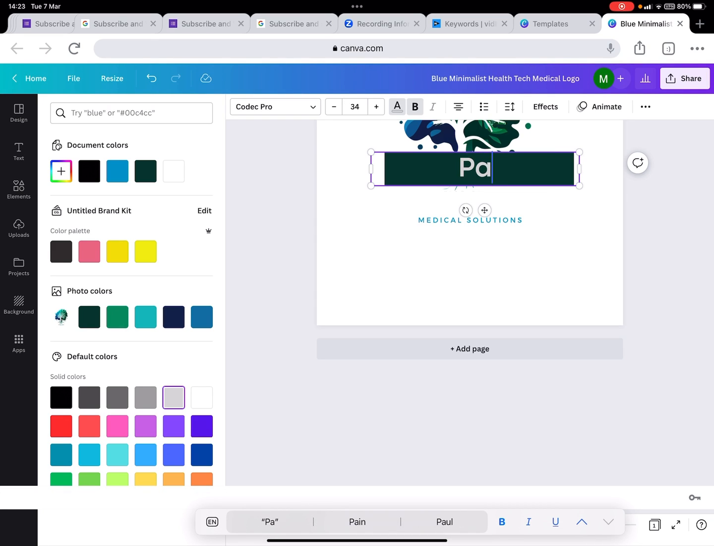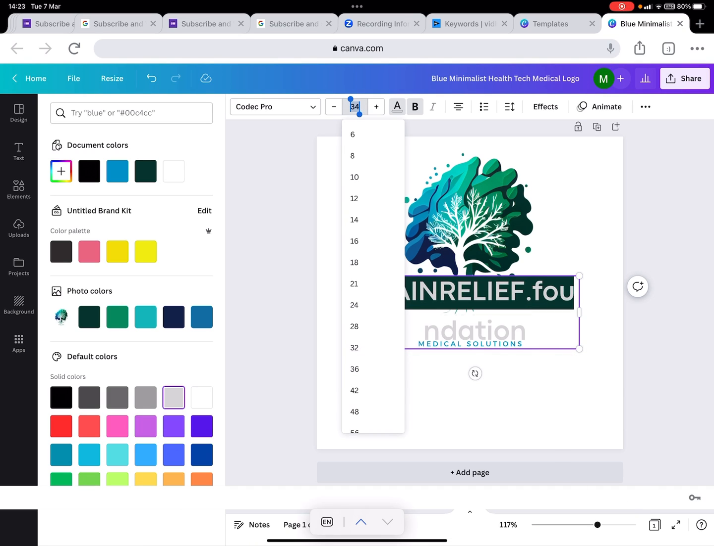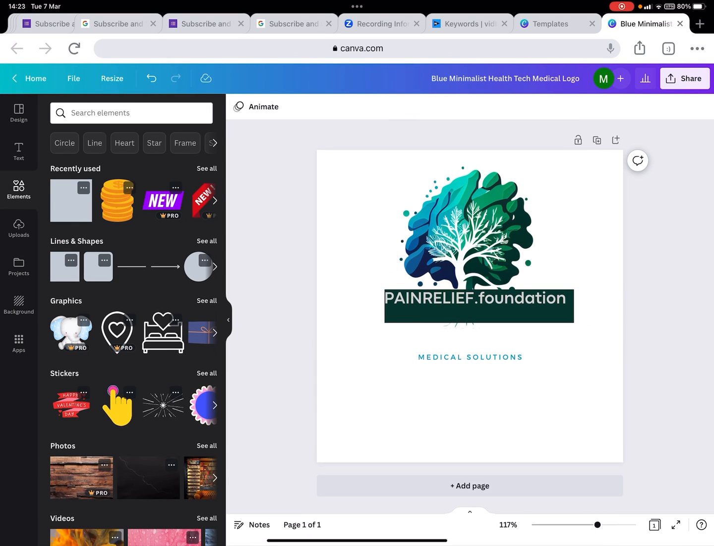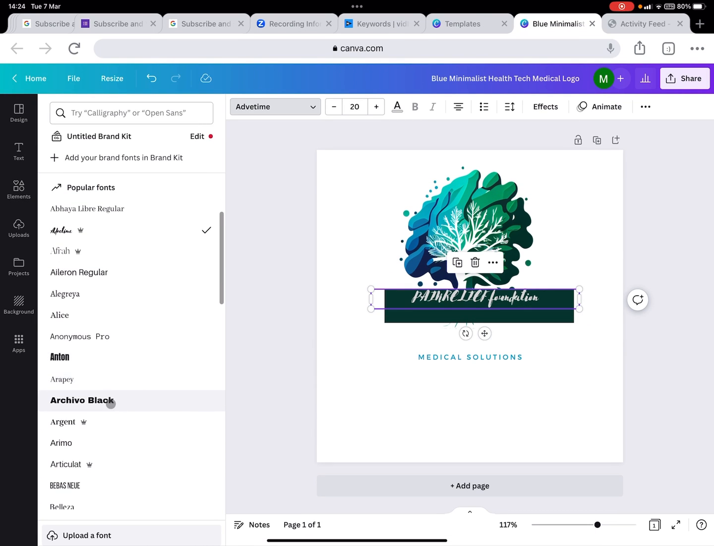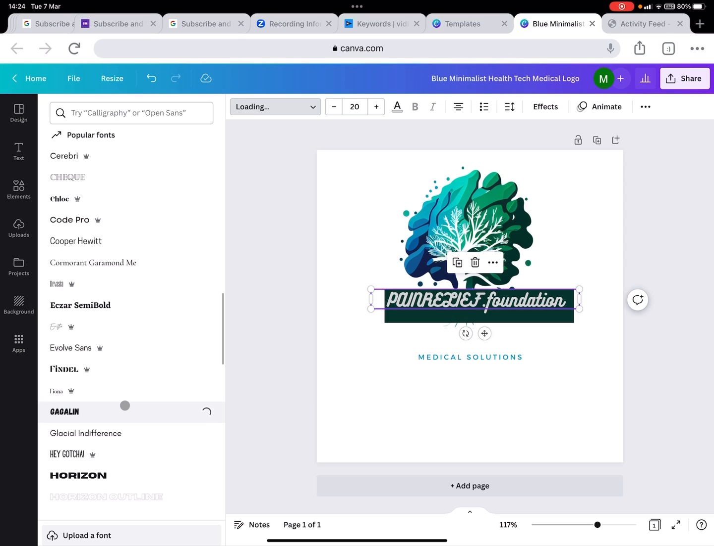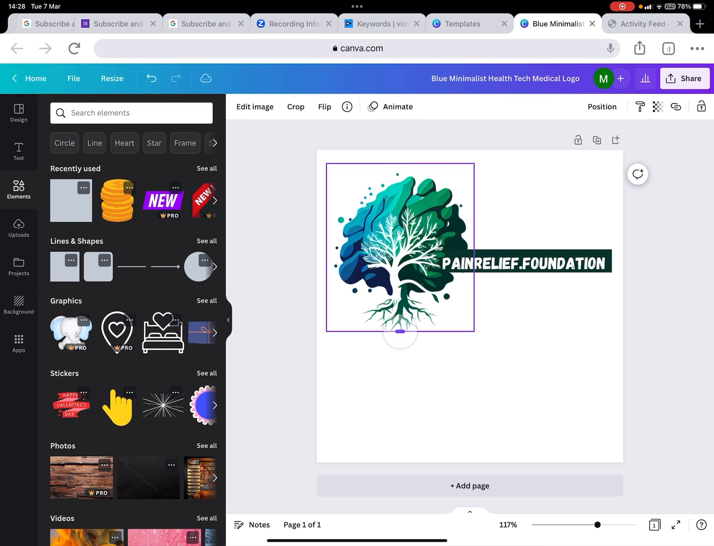In this case it would be, I don't know if you write it big or not, PainRelief.foundation. And I just try to make the font smaller, like a 20 or something like that. The font doesn't really fit, I would say, right? Maybe it's more a font that is more playful. You can go through here and I will take some time to find one that I like and that fits. So for now I decided to make the logo like that, and probably we need to make the tree